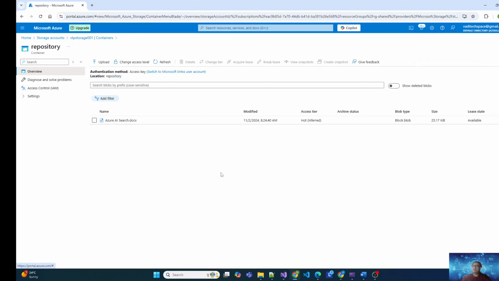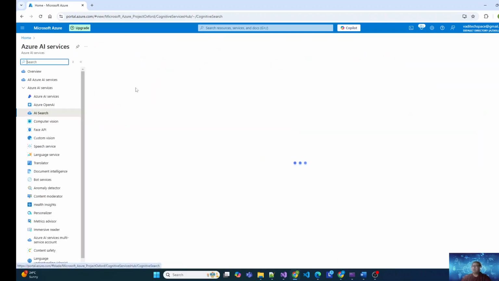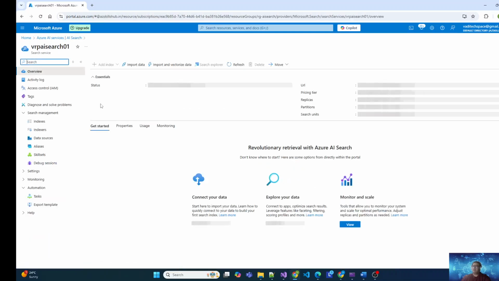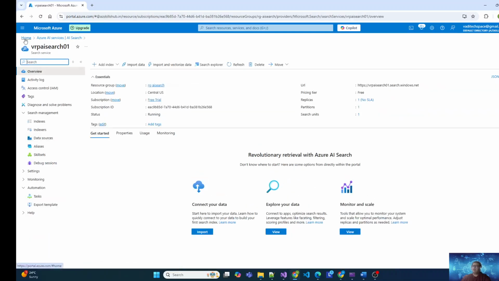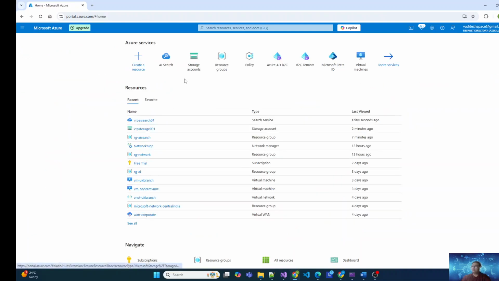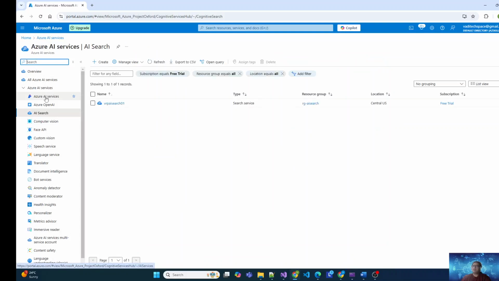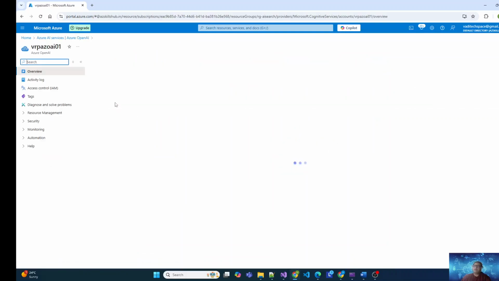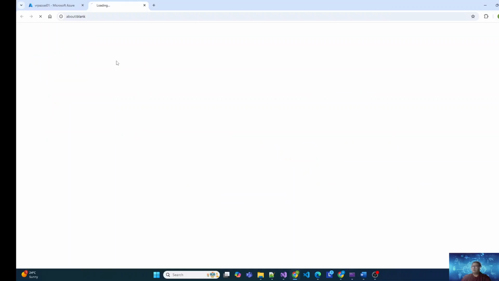The step four now is you vectorize the data. So I go to my Azure AI Search, the one which I have created. Okay. Before that, let's go to the Azure OpenAI, and deploy the text embedding model. So I'm going to click on go to Azure AI Studio,